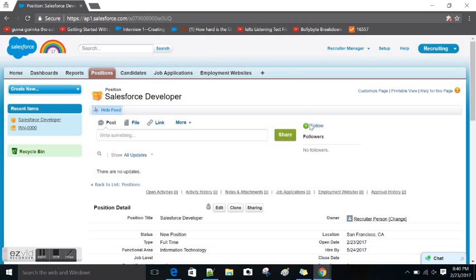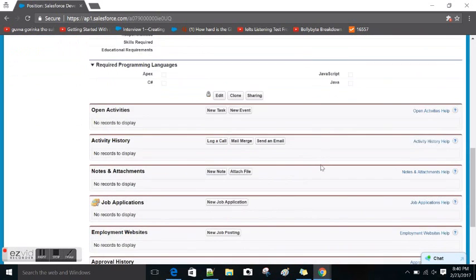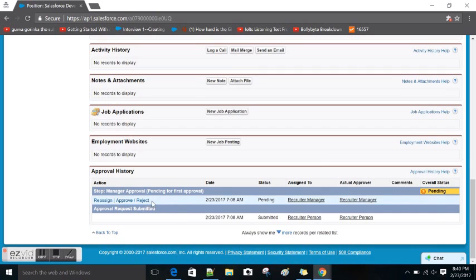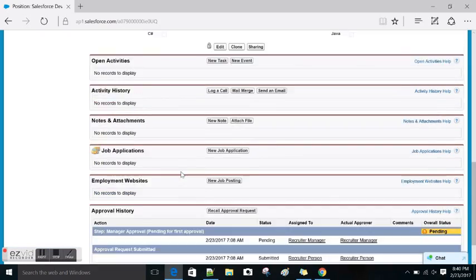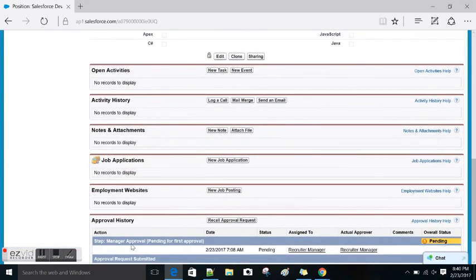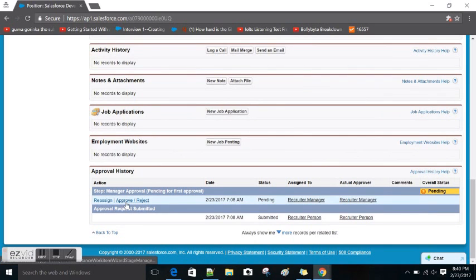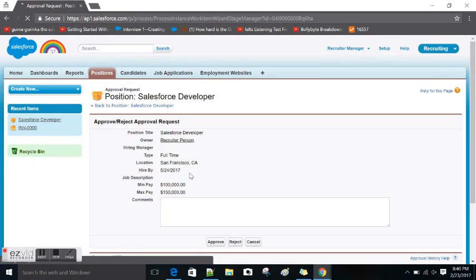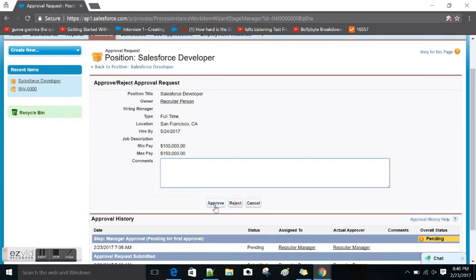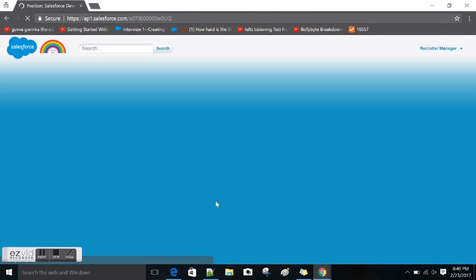So this link will be present in the mail. The moment they click, they come over here, and here he is able to see this symbol. This is the difference: the manager has this ability, whereas the user is not able to see that symbol. Okay, when he clicks on approve or reject, he can provide comments, and whether he approves or rejects is his own wish. So I'm just providing some comment and approving it.